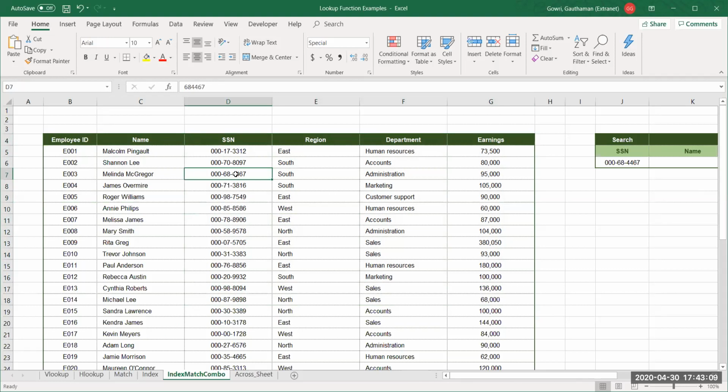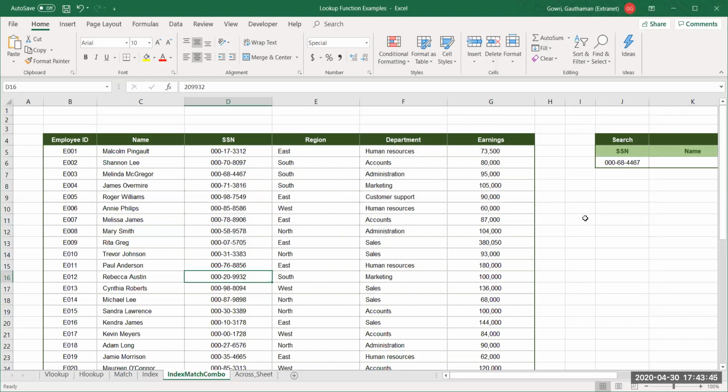And the second thing is this VLOOKUP and HLOOKUP functions are very heavy, which will add on to your file size. Let's say you have thousands of rows to paste this VLOOKUP or HLOOKUP function. It will contribute to your file size in a very big way. And you might also see, just by changing any one cell, it will keep on showing you that it is still updating. That's because it consumes a lot of data and your CPU time is consumed.